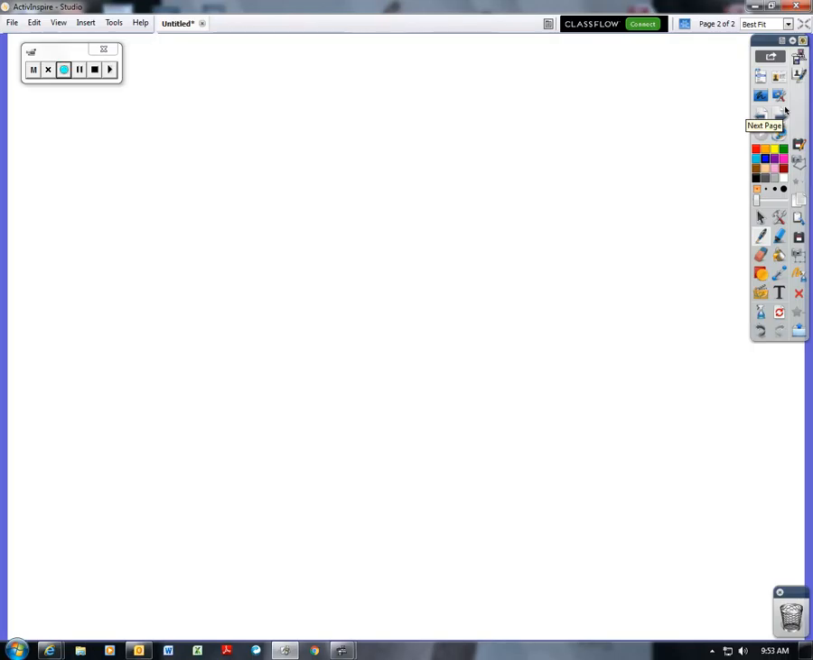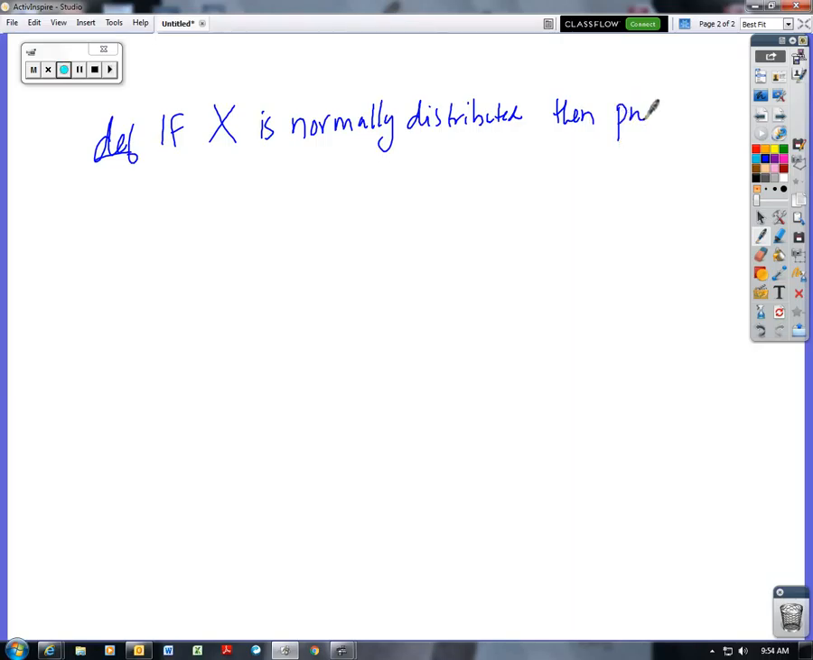So the definition. Okay, look at this. Check this baby out. Definition: if random variable x is normally distributed, then its probability distribution function